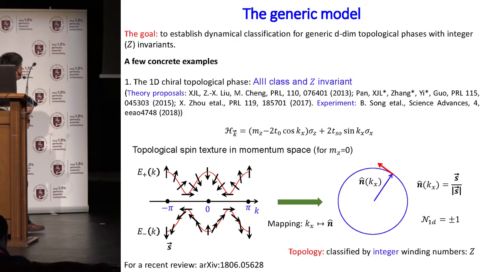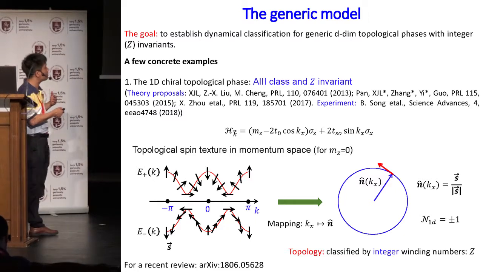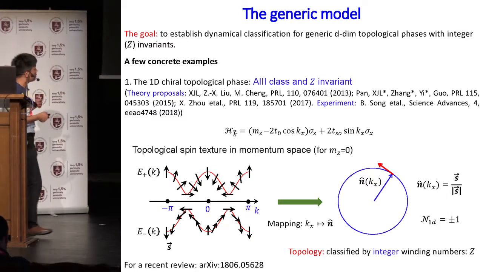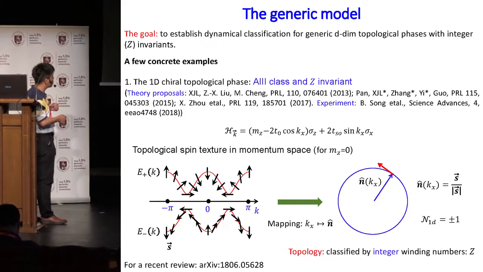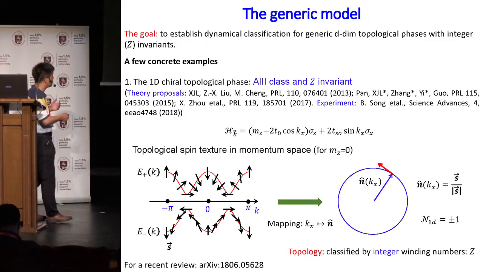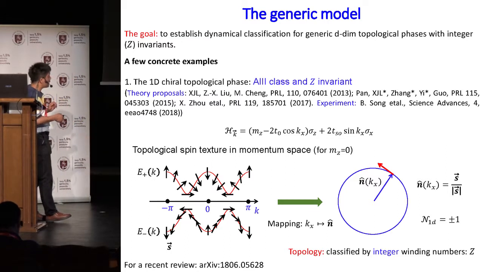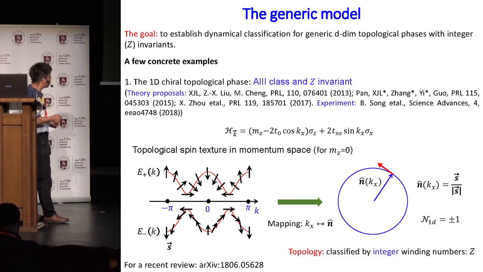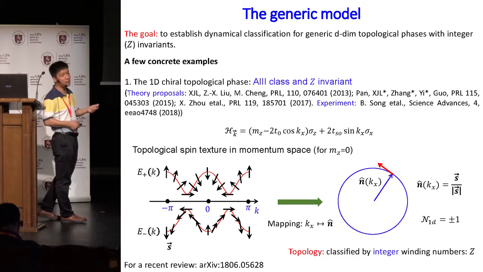For the one-dimensional case, if you think about a very minimal model, it's just a spin-1/2 model. It's a two-band model with spin-orbit coupling, and the topology is very simple. You diagonalize the two-band Hamiltonian. At each momentum, you have a spin direction, and the spin direction is locked to the momentum. So if you run over the Brillouin zone from -pi to pi, you can see that the spin winds for one cycle. This means you can establish a mapping from the momentum space to a circle. And if this mapping covers the whole circle, you have a non-zero winding number.